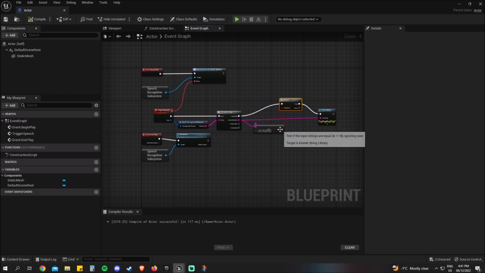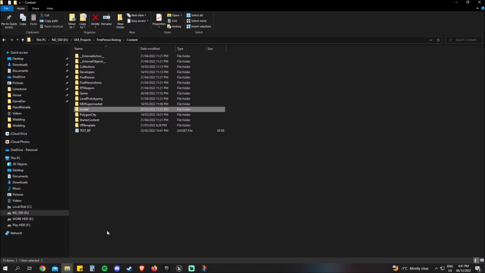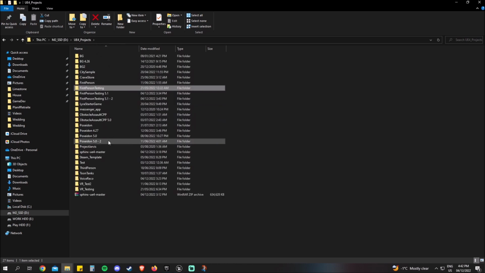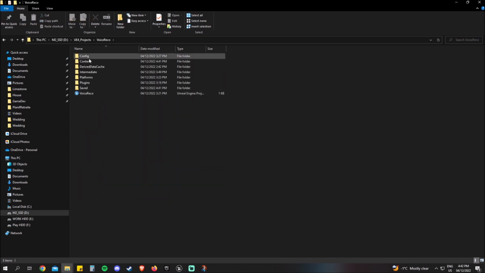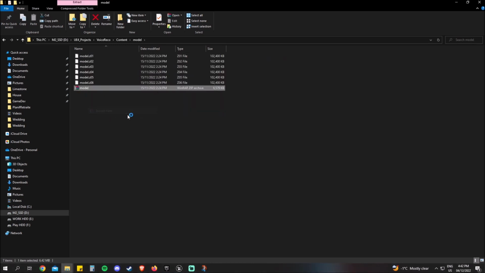So last thing we need to do, there was actually a difference in the model that the person put in the GitHub. So there's a small thing we need to do. Going back to our project where the plugin is, for me it's in Voice Rico here. If I go into the model folder, it's actually still zipped, so you need to unzip. So extract here,